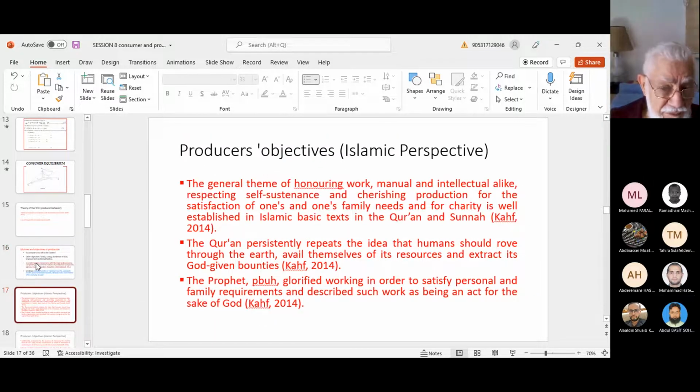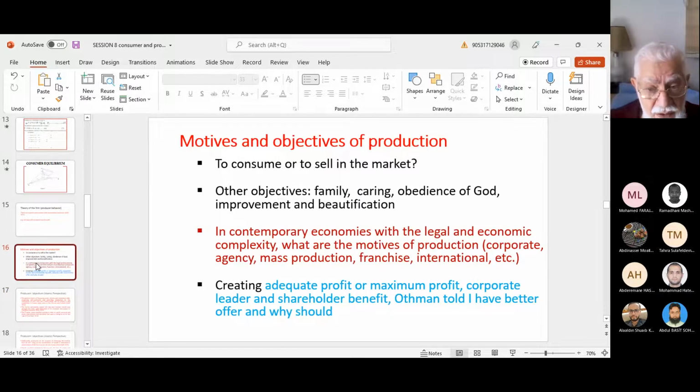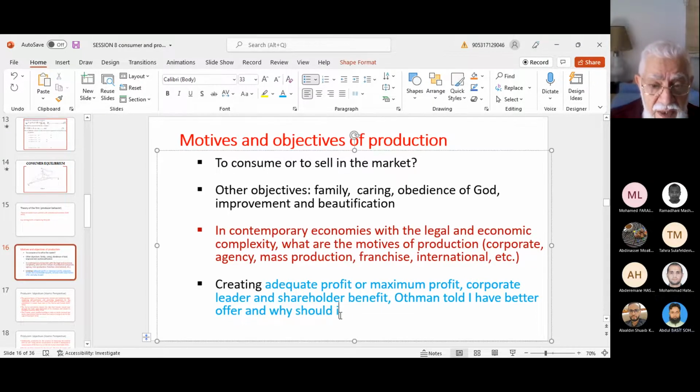Adequate profit, especially in the theory of agency, is the profit that will convince the owners of the company to keep the manager and increase his own benefits. This is the adequate profit. It need not be the highest, because notice that the manager wants to take part of the pie too, part of the profits in the form of benefit to himself or to the management and top management, whatever it is.